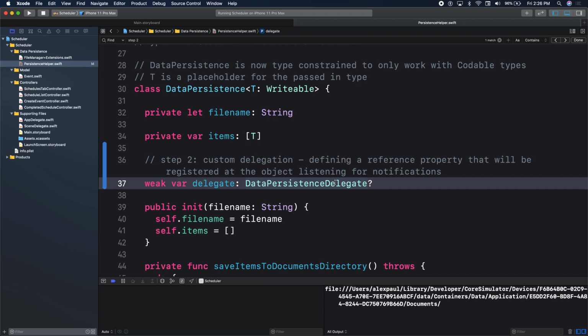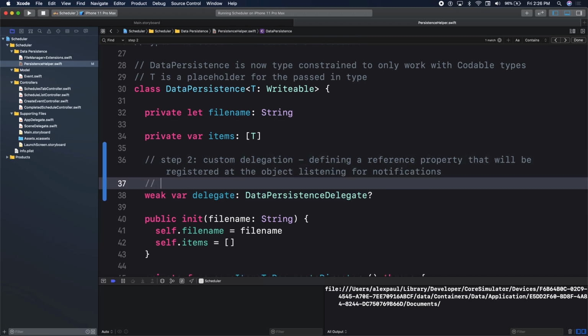So we say weak to break the reference cycle. Let's write that in. We use weak to break a strong reference cycle